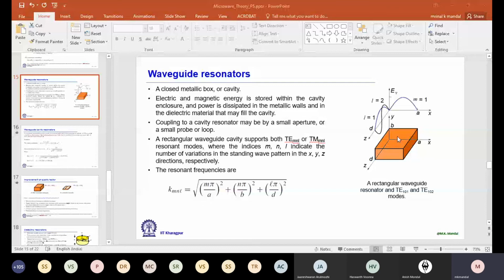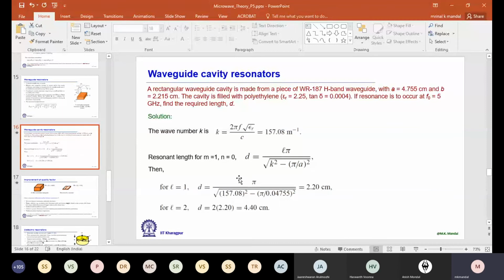But what we see, A dimension and D dimension, they are different. So along A and along D, wavelengths are different. It can happen for rectangular waveguide. So this point you should remember. For a waveguide, along X and along Z, it can have different wavelength. It has to be half wavelength. That is fixed, because on the side walls we have tangential electric field 0. So it has to be half wavelength. But after calculating, what we see, the dimensions are different, so the wavelengths are different.